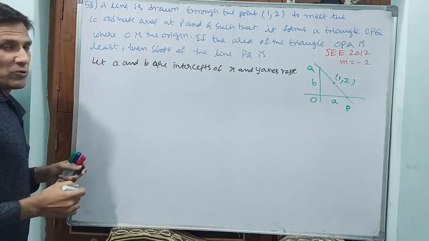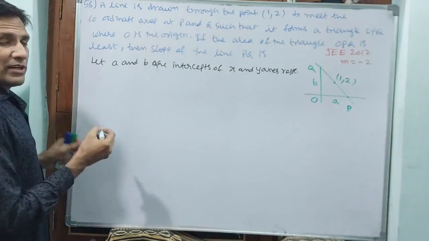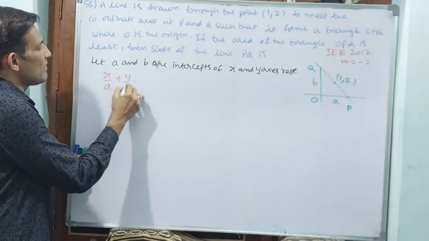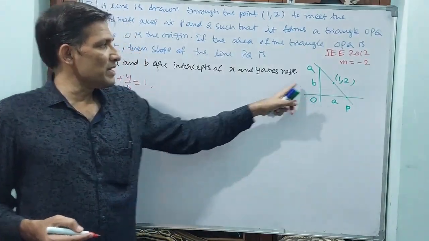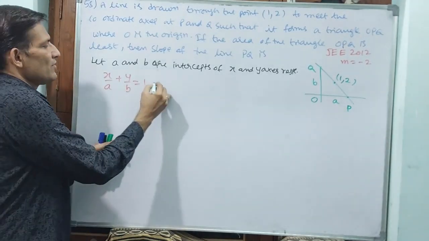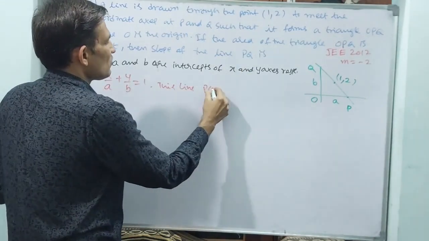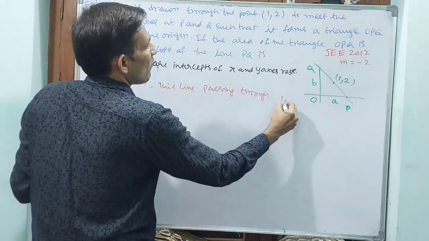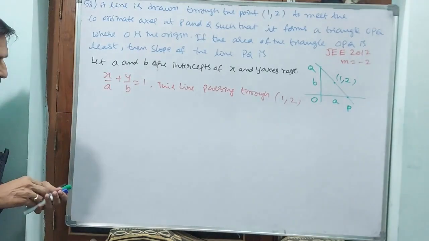Okay, you write respectively. Okay, if that is the case, then how are you going to write the equation? Not slope intercept form. x by A plus y by B is equal to 1. This will be your equation. Why? Because in the x-axis it is A and in the y-axis B, divided by plus 1. Okay, we know this. See, this line is passing through (1, 2). The point is there. Okay, that line is passing through (1, 2).